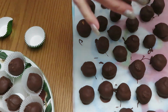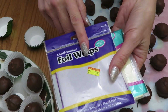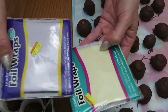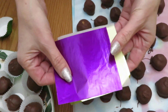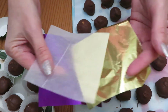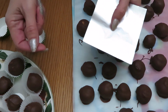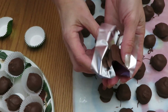I have in here foil wraps that I purchased in a bulk store. That was a long time ago. It was $3.79 price for this one, $3.89, and it's a foil for the candy, and it looks like this. One of them is purple, one of them is gold. So to make your candy very presentable, if you like to give it to somebody as a gift, right, you just place your candy inside,